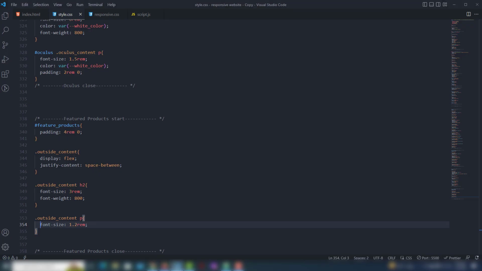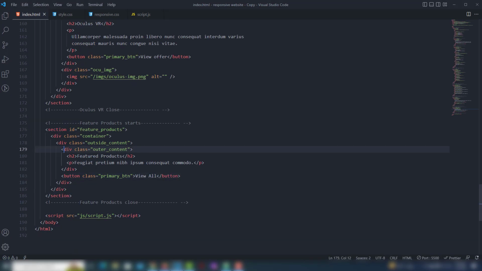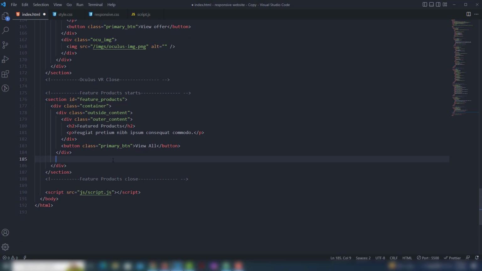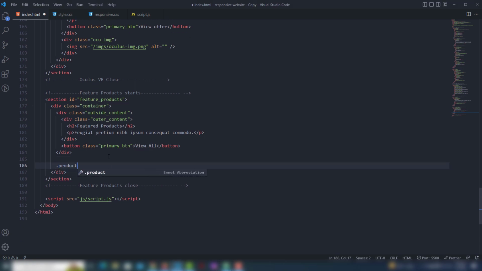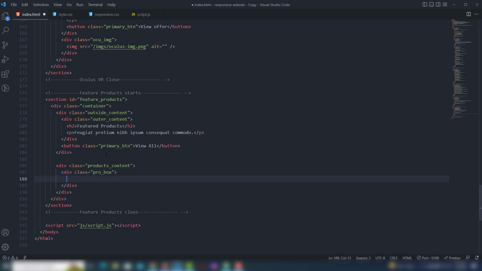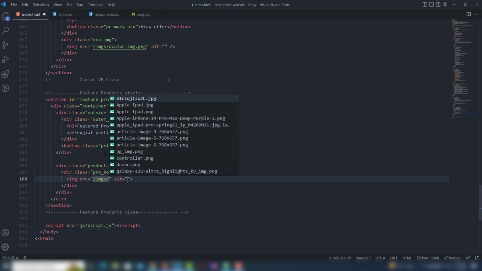Inside this one section I will create a products, means this is outside of this one div. We're going to create another div, and another div we're going to add the products. So use products content. Inside there we're going to use pro box. On each box I will display different images, content and many other things. So I will add the image img, the image AirPods